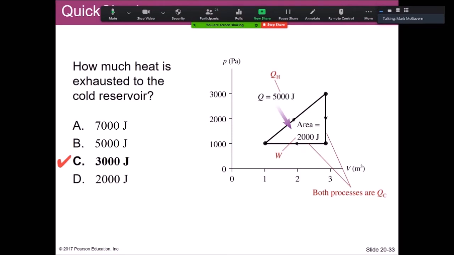And we know how adiabats look. They look similar to isotherms. They're not exactly isotherms. Remember, they have a steeper slope to them. But we don't have anything like that here. In the isochoric process, we are lowering the temperature because we're going down on the PV diagram. And in the isobaric process, we are moving to the left, which means we're also going down in temperature. So it's safe to assume here, it's not really an assumption to be honest, that there is heat being extracted, exhausted out in both of these processes here.